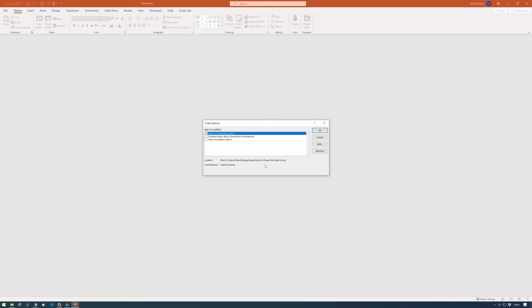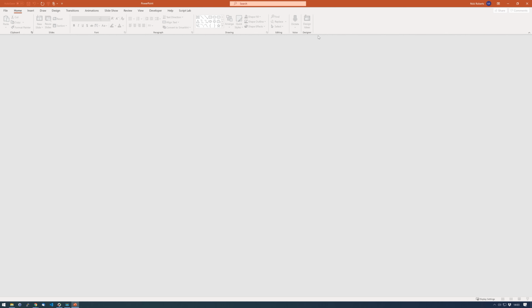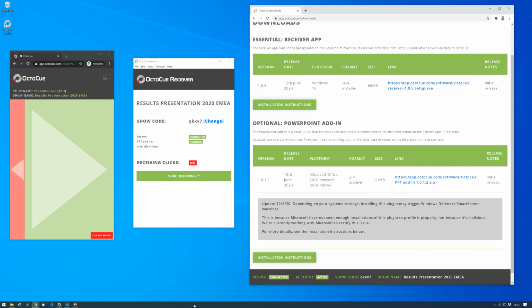This is just switching it off and on. If we wanted to uninstall the add-in, we do that through the normal Windows install and uninstall programs and features dialog boxes. But because we're demonstrating it here, we're going to leave it running. And what we can now see is, if we get rid of PowerPoint for a minute, we can see here